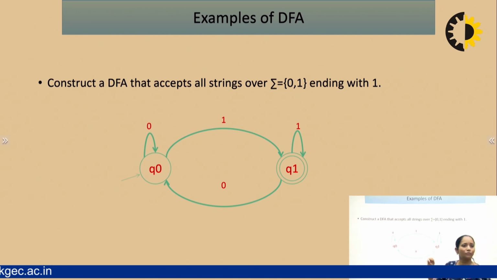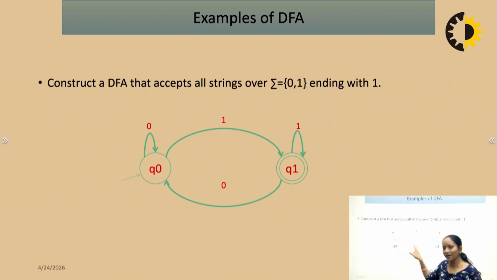Then we have to complete the transitions for the DFA. What about the transitions of Q0? There are 2 states and the input symbols are 0, 1, so we have to define for both states the transition on 0 and on 1. The transition on 0 for Q0 is a self loop and on 1 it goes to state Q1. For Q1, the transition on 1 is a self loop, and the transition of Q1 on 0 goes to Q0.